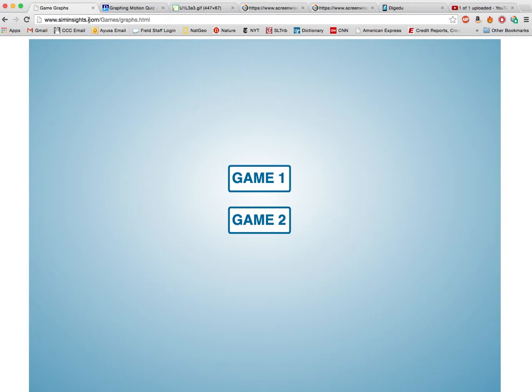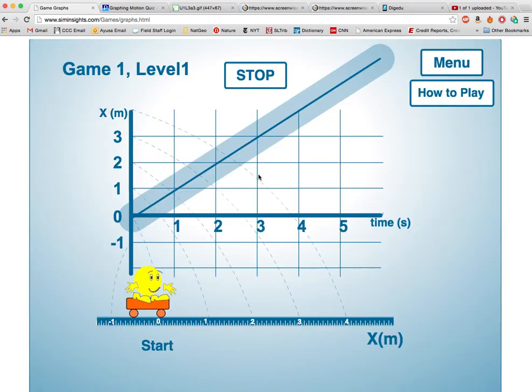website here, siminsights.com. When you get there, I want you to click on Game 1 here. And what you'll see is this little weird yellow guy in a cart on the bottom, and you'll see this graph here. Now this is a position versus time graph, and they call it that because there's position over here,